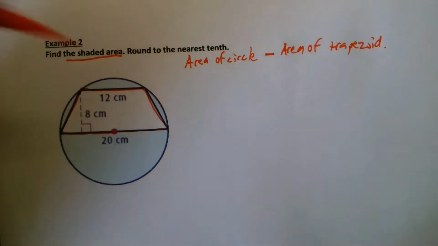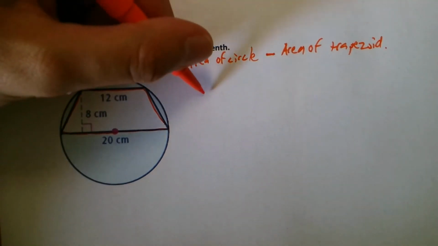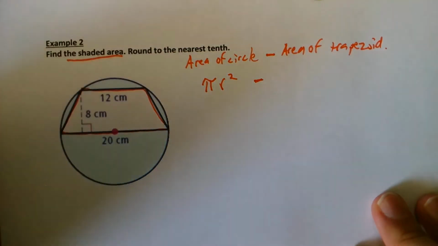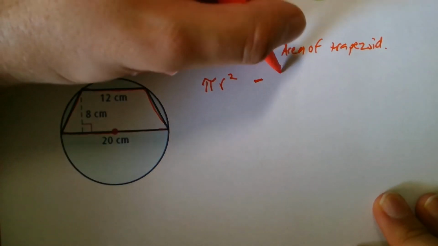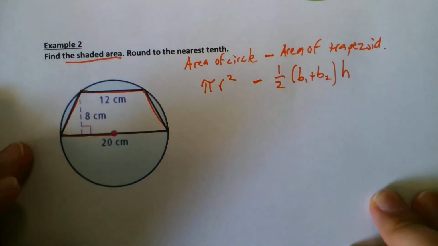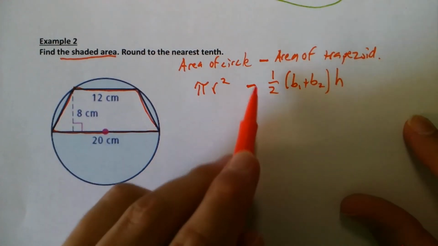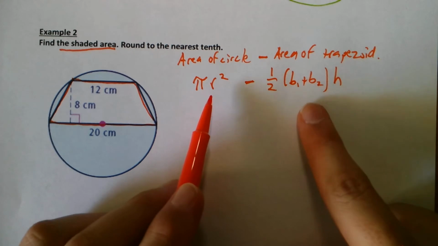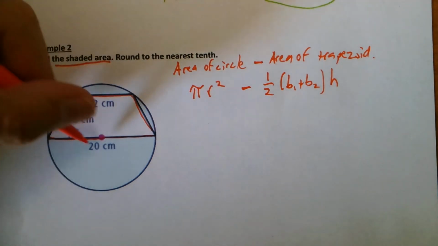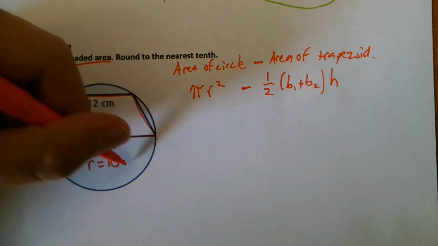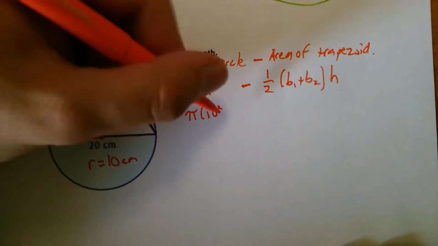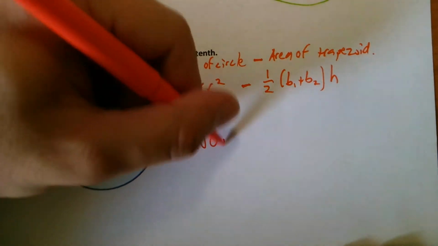Cool. So let's start with the area of the circle. Area of the circle we know is equal to pi r squared. And then we know the formula for area of a trapezoid is equal to 1/2 base 1 plus base 2 times the height. So circle area minus trapezoid area. Let's go ahead and find these two values separately. So for the circle, I see that this length, the diameter, is 20 centimeters. That means the radius is going to be half of that, so 10 centimeters. So it's going to be pi times 10 squared. If I do that, that'll be 100 pi